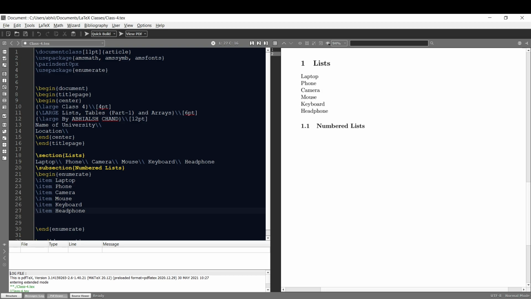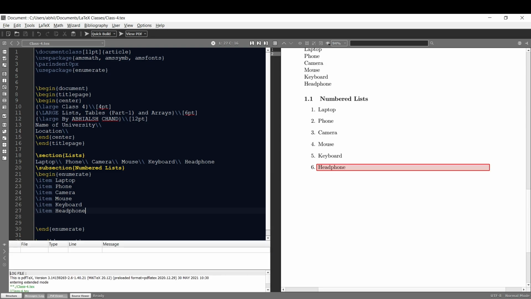That is, here in the enumerate environment, I have used the \item command before each of my list items. Now, if I run this, my enumerated list is created and, as you can see here, the items are numbered by default from 1 to 6.